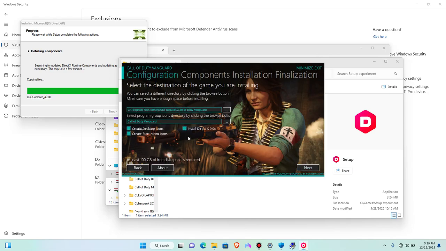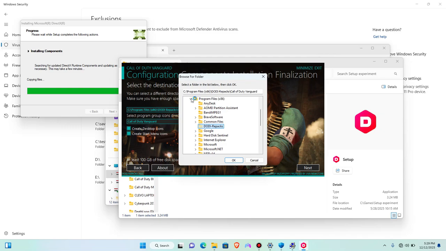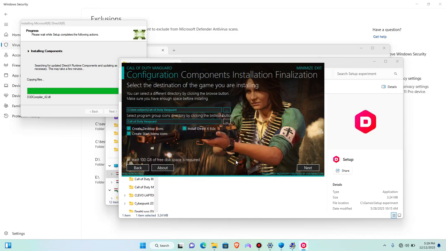You click proceed. You change the install location of the game. You must have copied the game to the test subject location, and we are installing it now to the test subject location. So now I've changed the install location. You uncheck this because we have installed this DirectX, and DirectX 9 also if you have installed that. You click next,